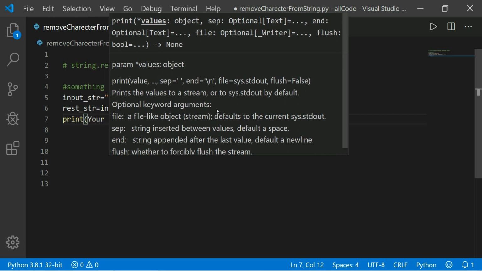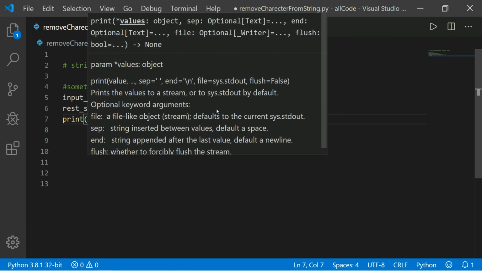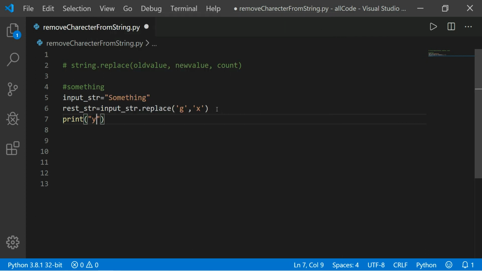Print your original string, and give some space, plus result string.